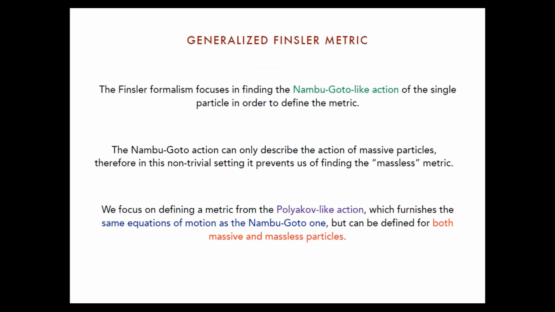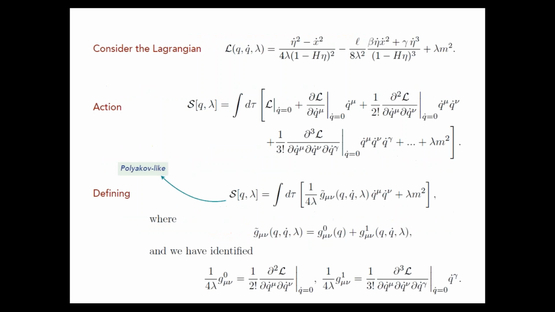And we identified the origin of this feature: the metric was read from the Nambu-Goto-like action, from the arc length. So we proposed to read a metric from the Polyakov-like action, which we know is valid for both massive and massless cases. So this is our solution. We follow the same procedure, and we consider the Polyakov-like action, the third line. And we define the metric G tilde